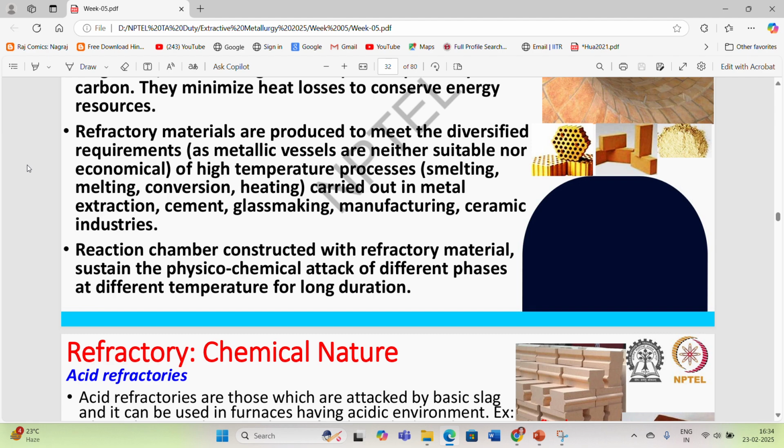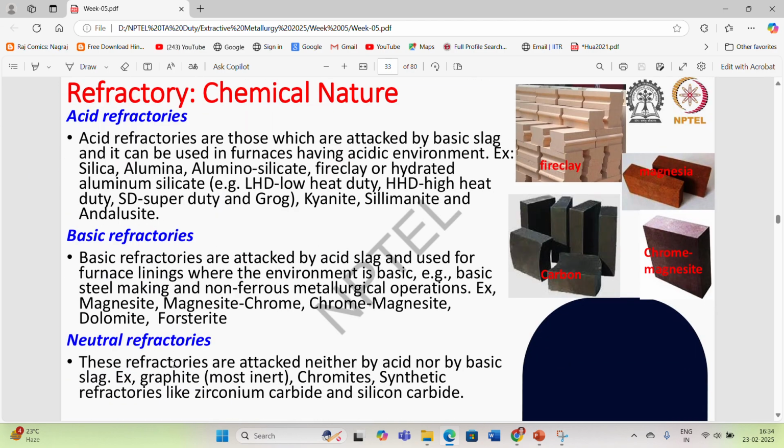Then refractory materials are produced to meet diversified requirements, as metallic vessels are neither suitable nor economical for the requirements of high temperature processes like smelting, melting, conversion and heating, carried out in metal extraction, cement, glass making, or ceramic industries. So reaction chambers constructed with refractory materials sustain the physicochemical attack of different phases at different temperatures for long duration. So the refractory material can be divided into different